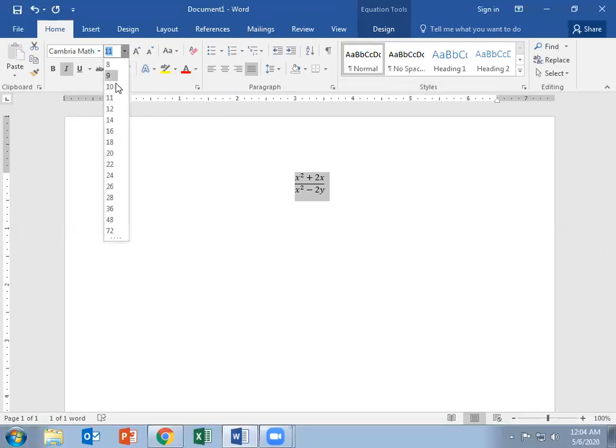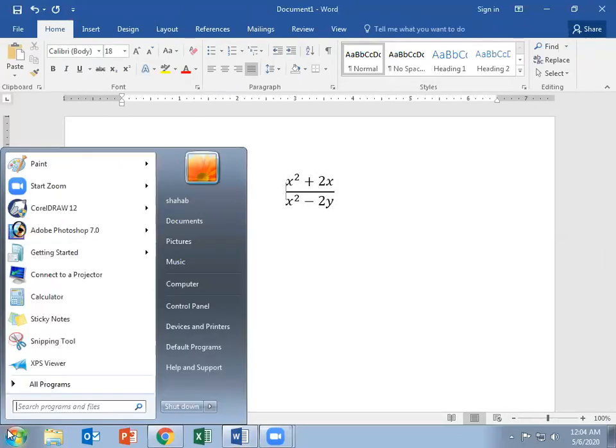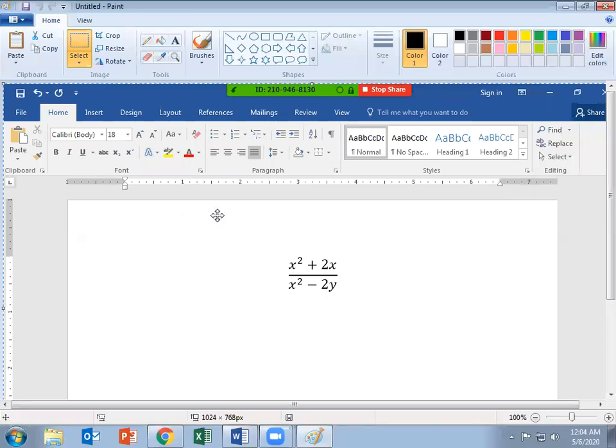Now you can press Control Print Screen. This command will copy the screen. Right. Now what you can do is go to Paint and press Control V. Now you can see the formula that you have written comes out here.